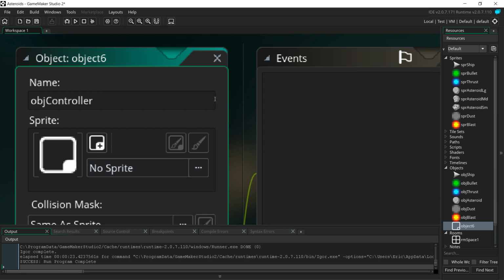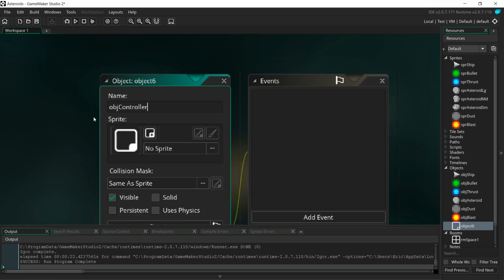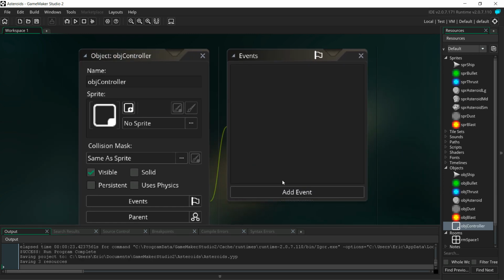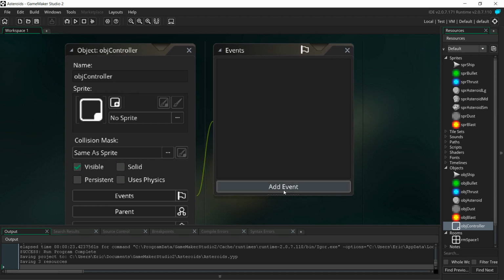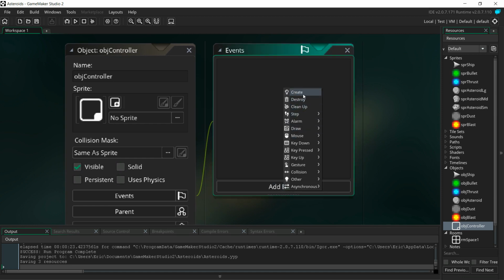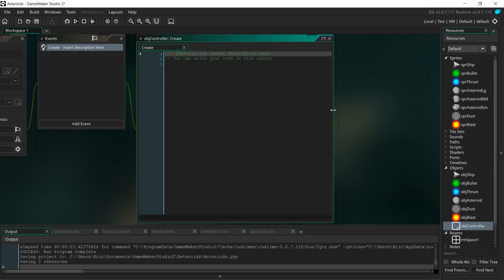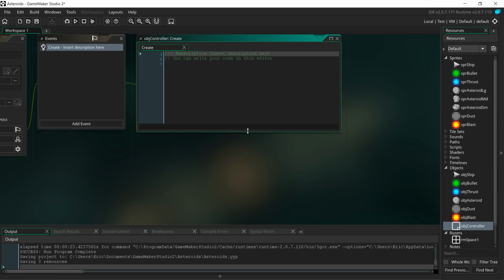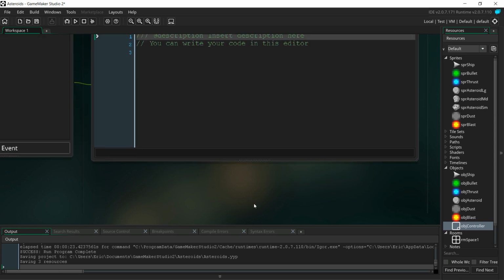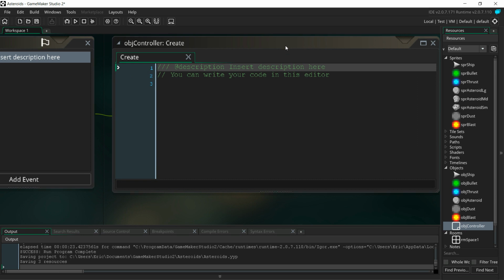Okay. So in the create event, this is when the game starts. It is going to create a bunch of asteroids. So we're going to do a create event here. Again, let me bring this in a little bit. Now I do need to make it a little bit wide here because we are going to have quite some long sentences here. So I'm just going to call it spawn first